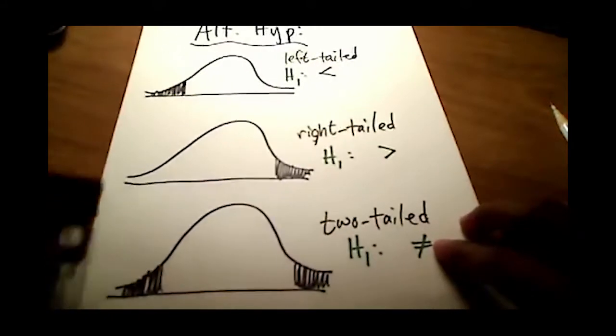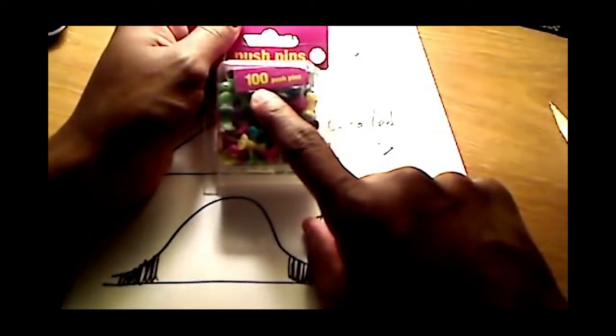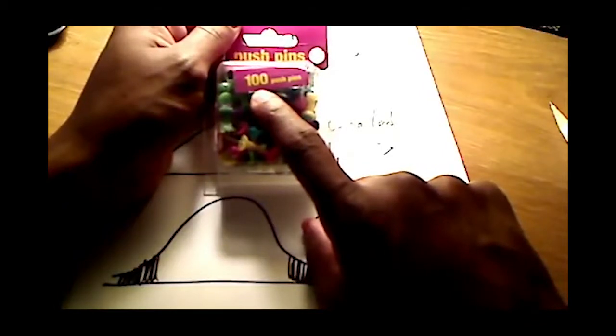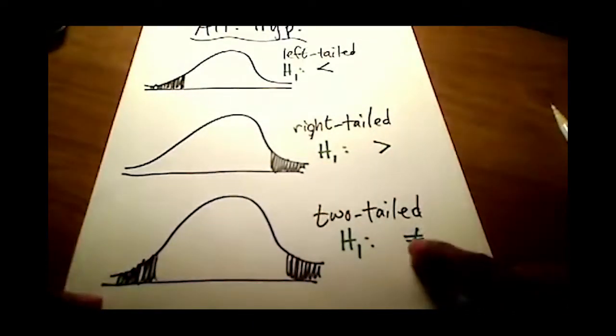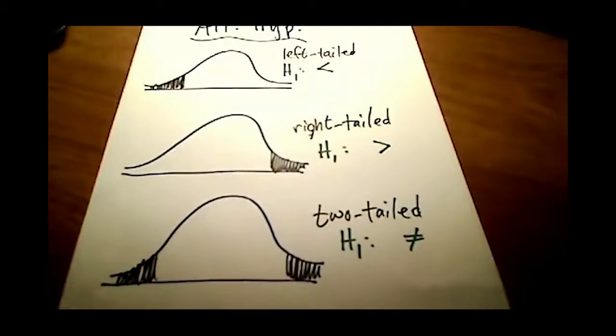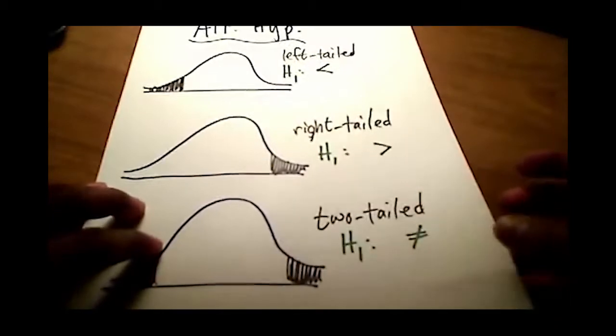Okay, or if I state the claim, all of these are claims here. If I state the claim as, I don't think they're putting 100 in there. Notice I'm not specifying when I say I don't think they're putting 100 in there. I believe there aren't 100 in there. I'm not specifying whether it's less than 100 or greater than 100. So in that case, it would be a two-tail test. So depending on the wording that you see, it could be one of those types of alternative hypotheses or claims.